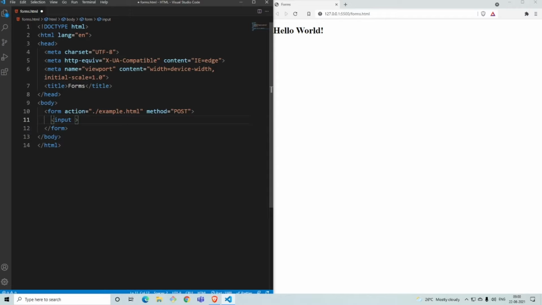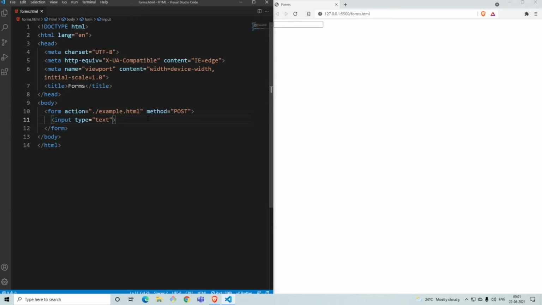And for that input, it has to know what it's doing. The first thing says what kind of type you can type inside this input, and the second says what this has to be stored to. So first, let's type the type of thing you can do. Let's say type, and we set it to text. Once you save it, you see there's the input out here, and out here you can only type in text. Anything you type in is considered text, for example your username. That's the text.